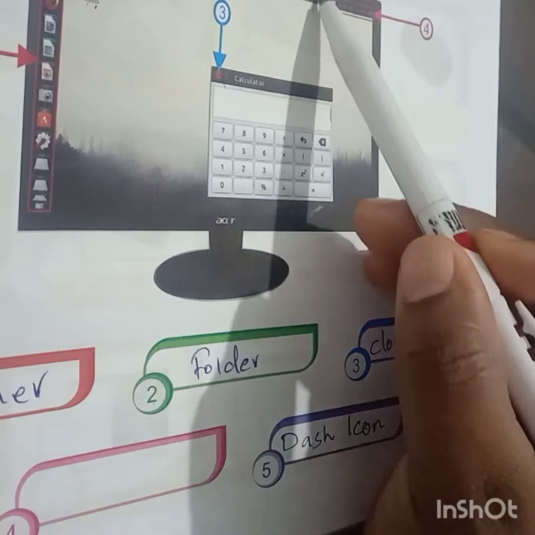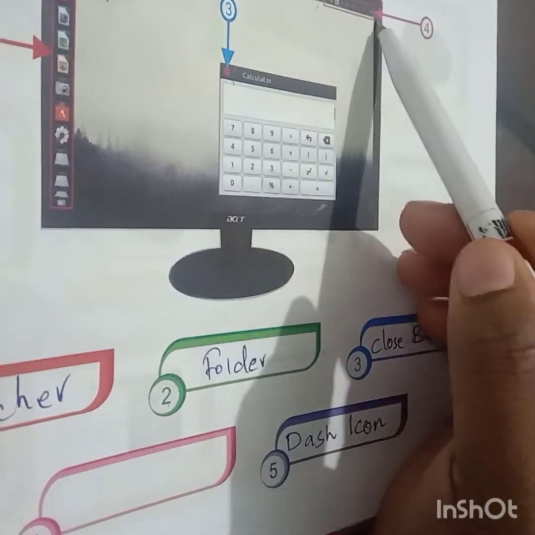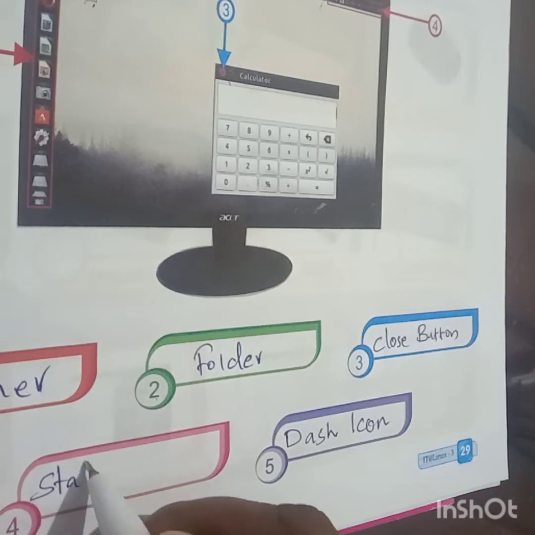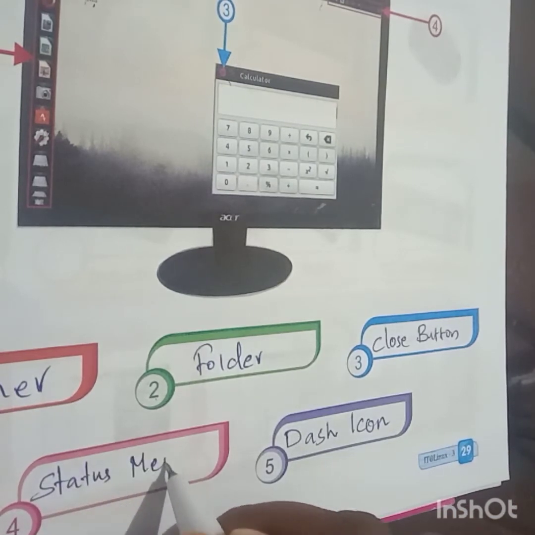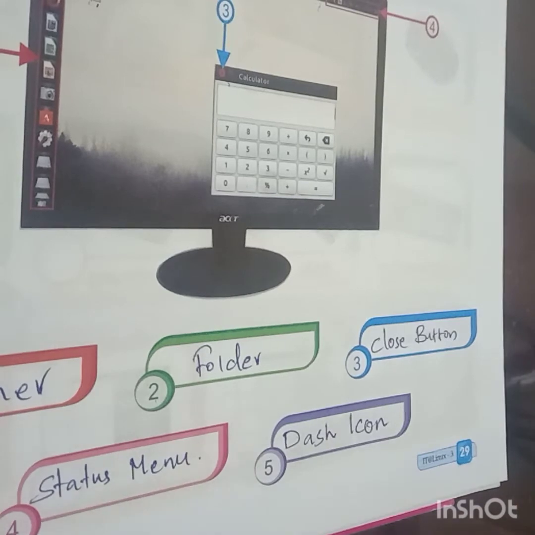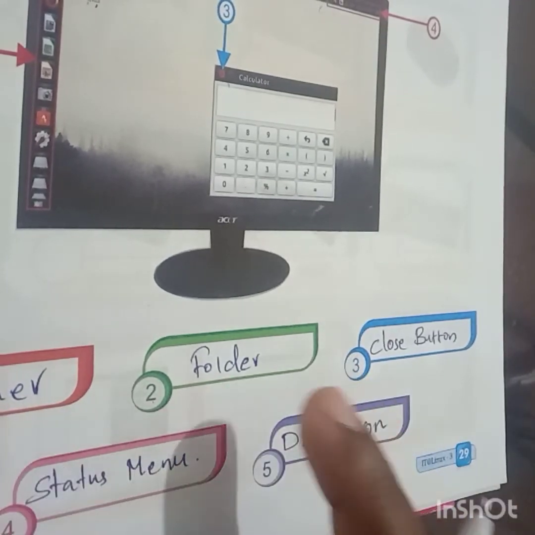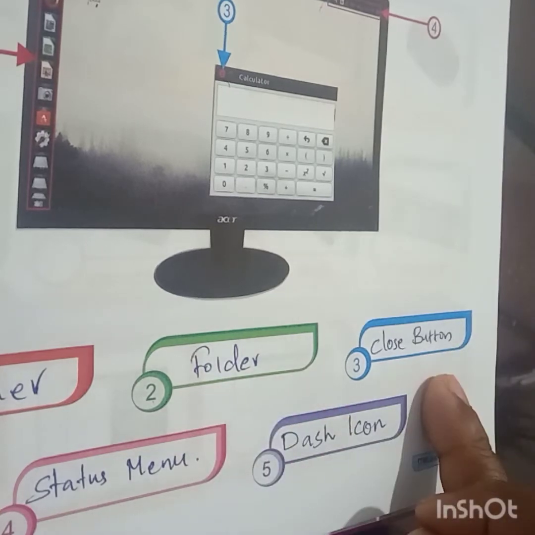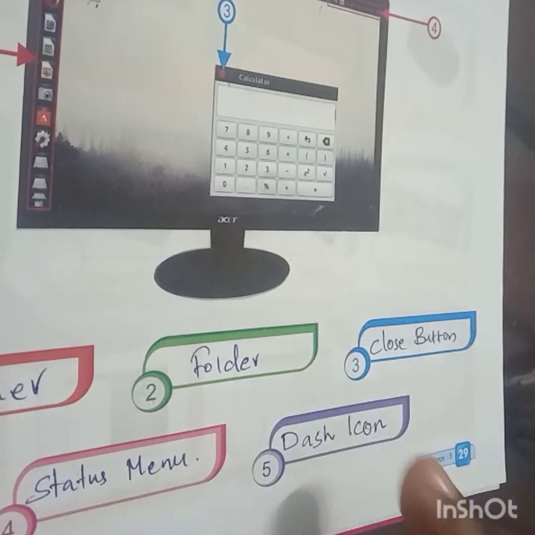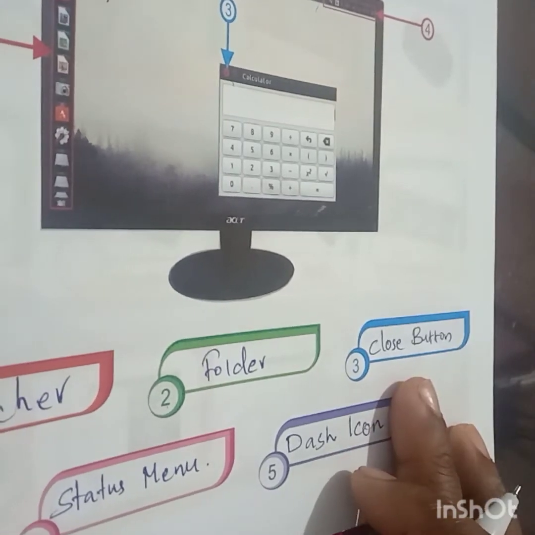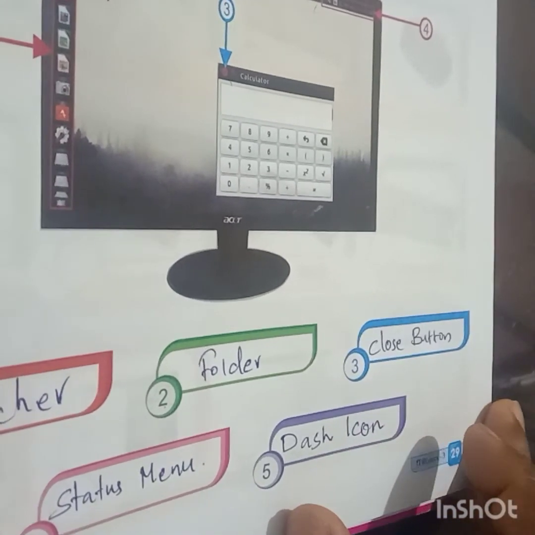What is this known as? Status bar or status menu? Status menu. Okay, children. Dash icon, launcher, folder, close button, status menu. So fill now itself.